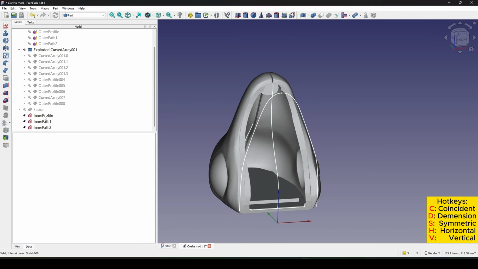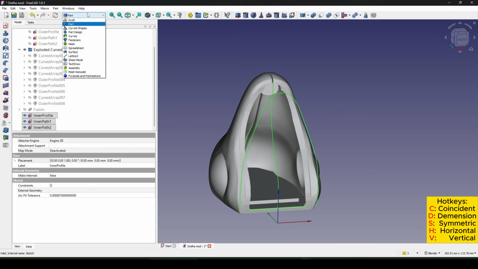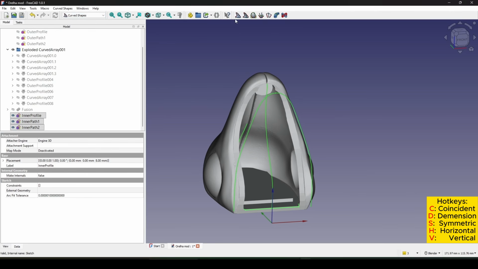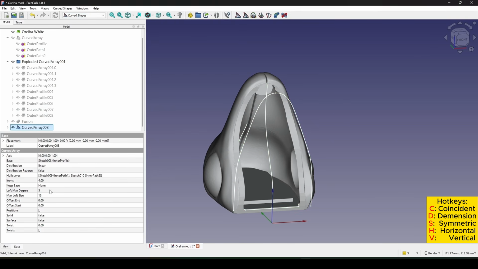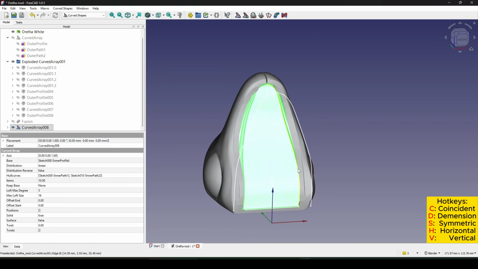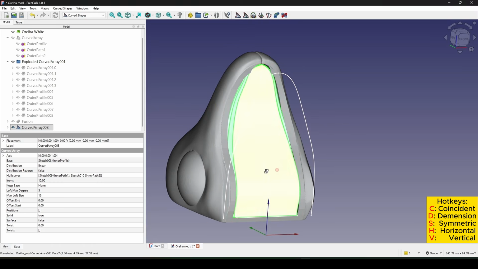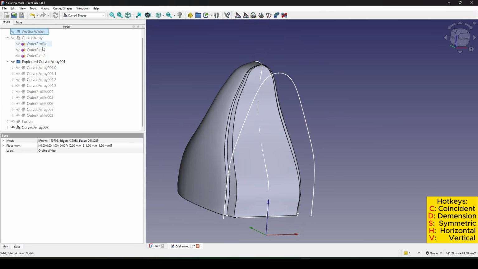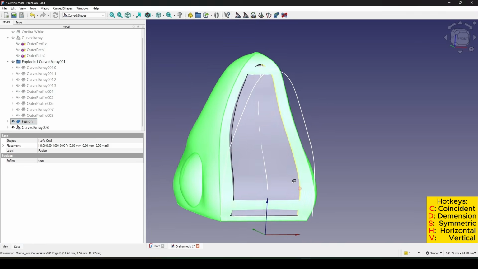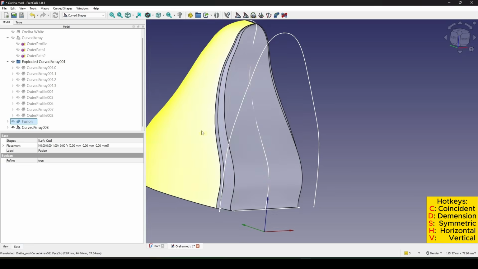Now I'm just using the curve rate. Set this one to 10 and solid to true. And let me hide the original one and show the fusion. Maybe I should hide the fusion and